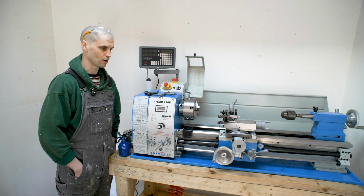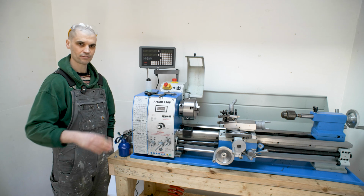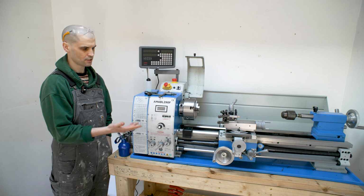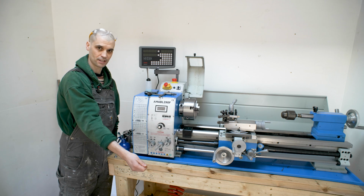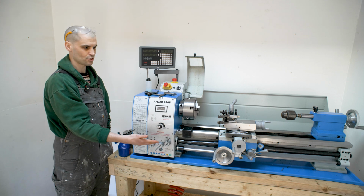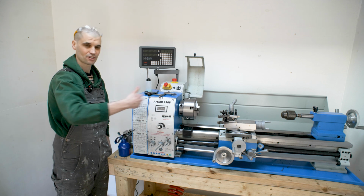The only question I've got is cleaning the lathe. I'm not too sure how to approach it. I would love anyone to put in the comments how exactly you clean these, because it's very difficult to get a brush underneath and to sweep away all of these chips. At the moment, I'm just using my hand with a glove and scooping it